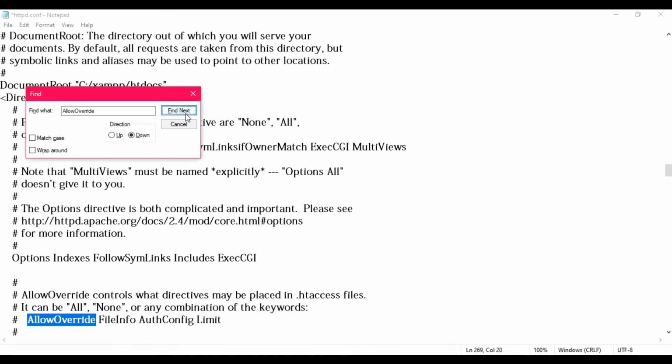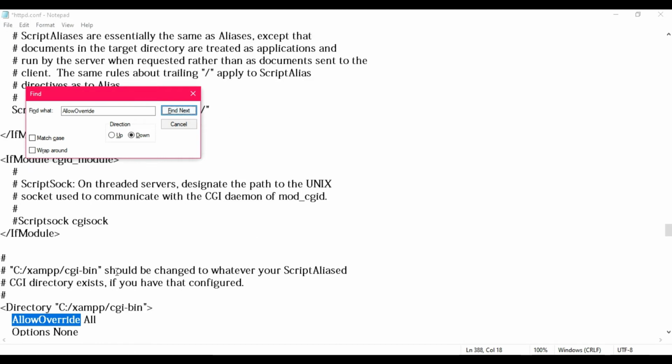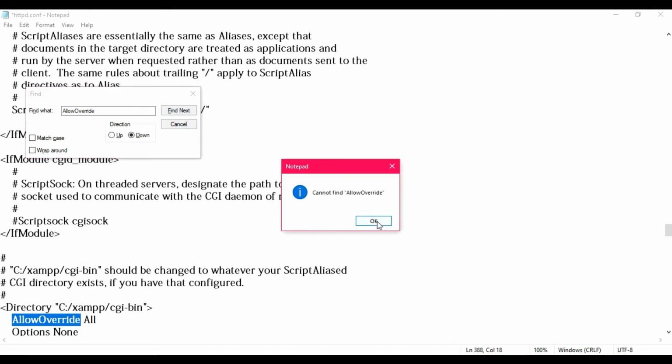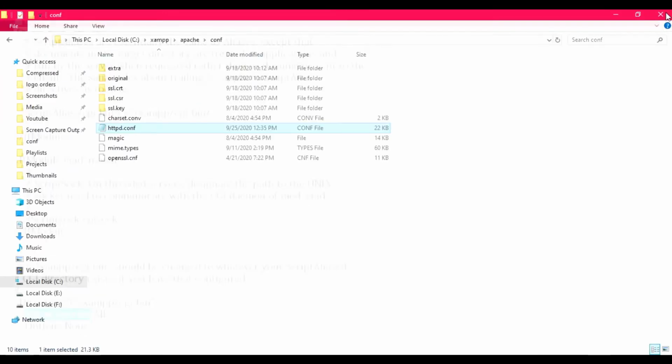Next again. And if there is another occurrence of this command in your file, make sure that that is set to all too. Find next again, and this one is already set to all. Find next, and that's all you have to do. Now save your file, close it.